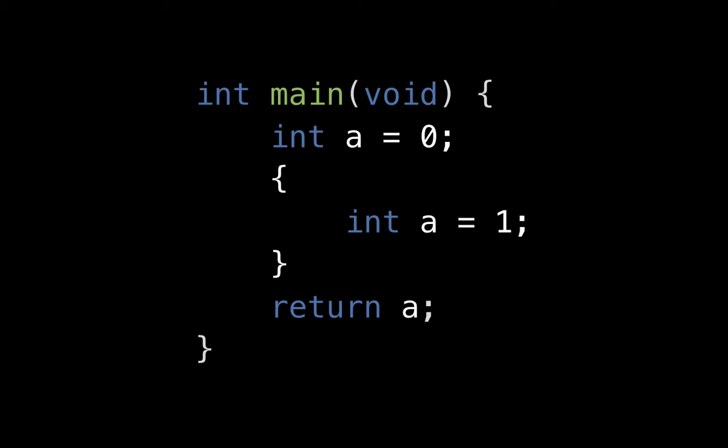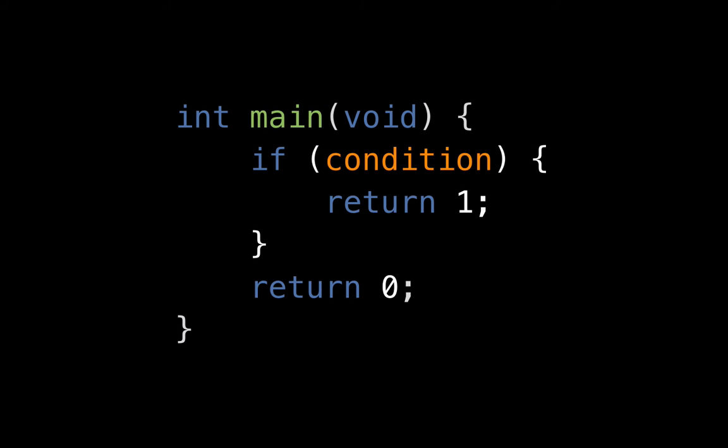Continuing on the topic of variables, the section of code in which a certain name refers to a particular variable is called the scope of that variable. We can create blocks of code using curly braces, which have their own scope inside of their parent scope. One use case for this is in conditional branching, where a condition is formulated and the truth value of this condition, which boils down to 0 for false or any non-zero value, for example 1 for true, determines which block gets executed. One way of generating conditions is through comparison operators such as equals equals, exclamation mark equals, greater than